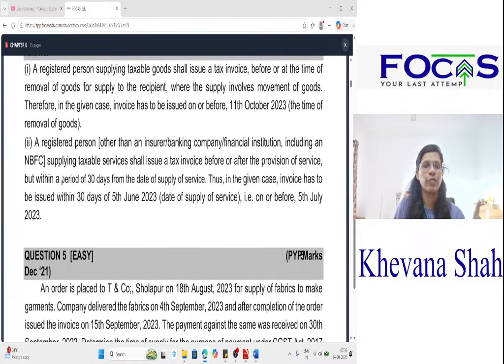Okay, so for first case, a registered person supplying taxable goods shall issue a tax invoice before or at the time of removal of goods for supply to the recipient where the supply involves movement of goods. Okay, so in the given case, your invoice has to be issued on or before 11th of October 2023, and